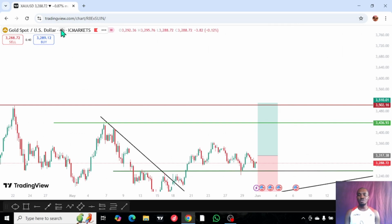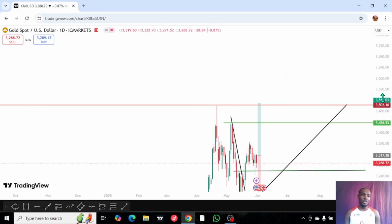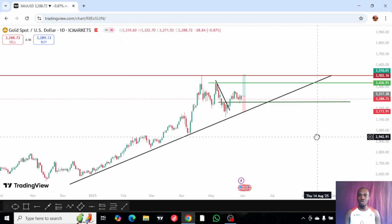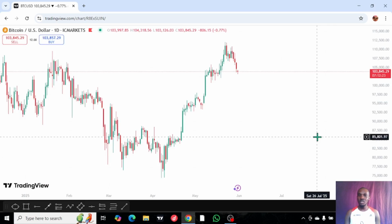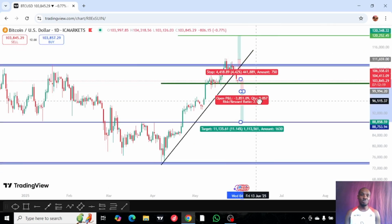And this is it on gold. I have other open positions on USDJPY. I have a bearish position there. Let me just scale on it fast. Now, what I see on Bitcoin, as you can see, based on my risk to reward calculator, Bitcoin is